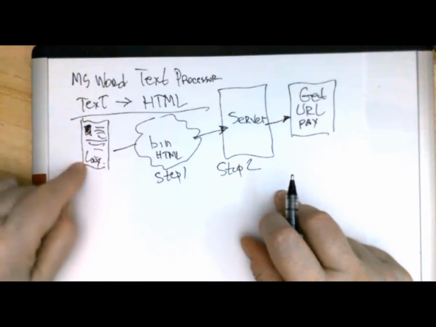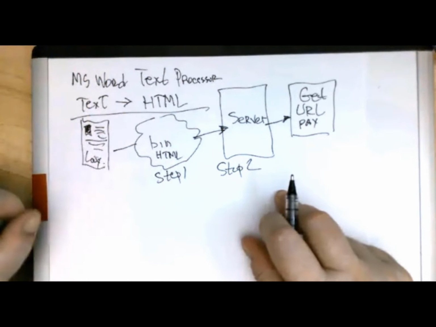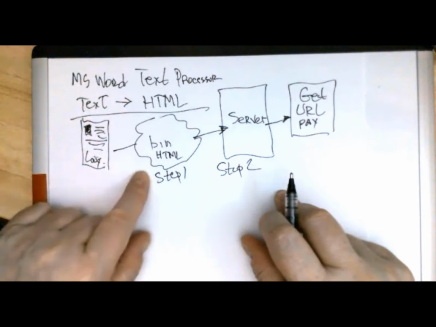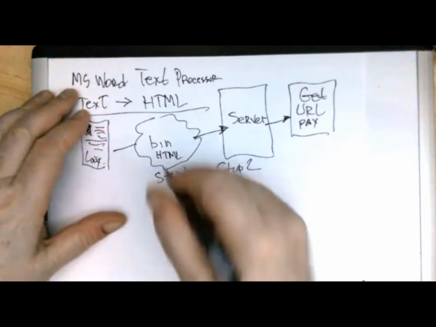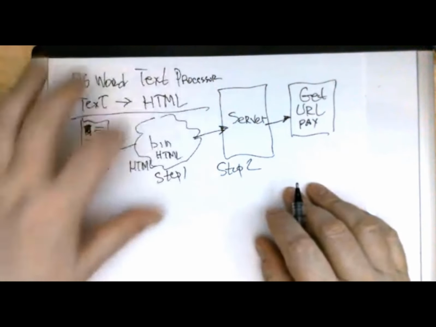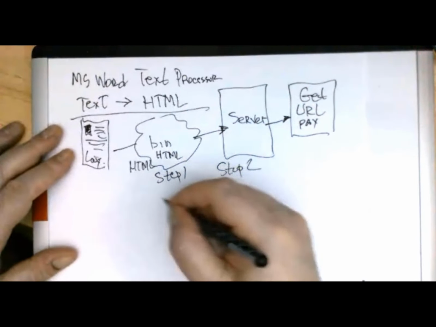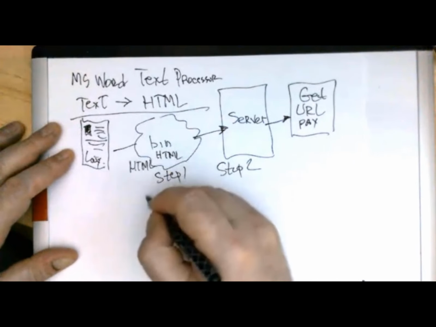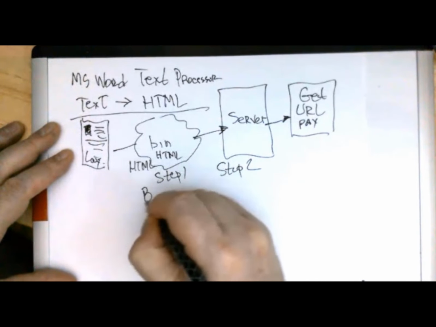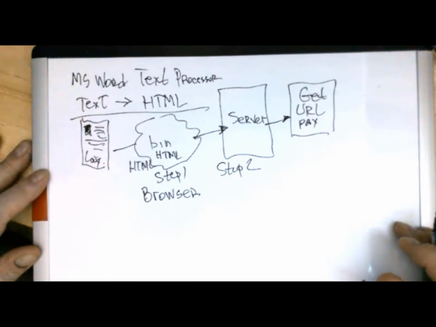So when you create it in a special way, it will include specific points for the hyperlinks. Then when you save it as HTML, you will have a file in binary code recognized by the computer. What part of the computer? This step one will be displayed by the browser, because the browser is the program that understands HTML.